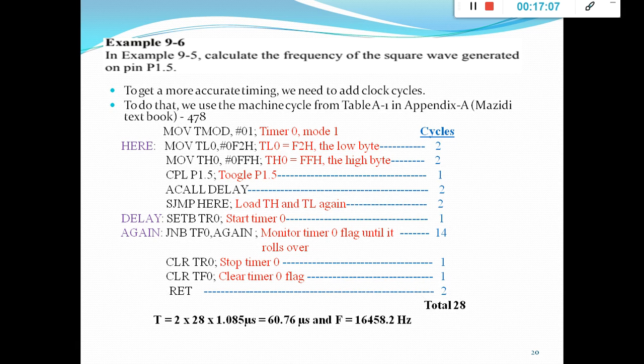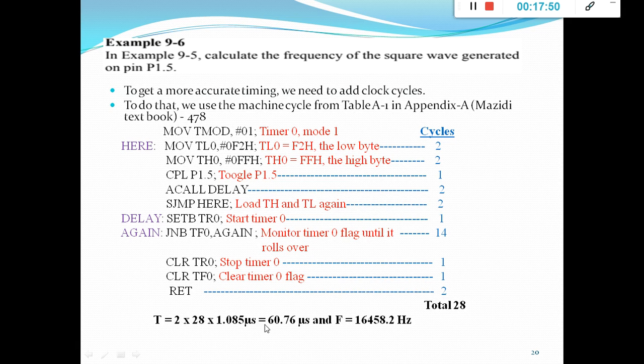Using this count, you calculate the entire period as 28 into the machine cycle period, since I used the same crystal frequency, 11.0592 megahertz, into the total number of machine cycles, and into 2, because you have to calculate the entire period for both halves, on and off. The entire period includes each cycle, both on and off. If you don't multiply by 2, you will get only the half pulse.